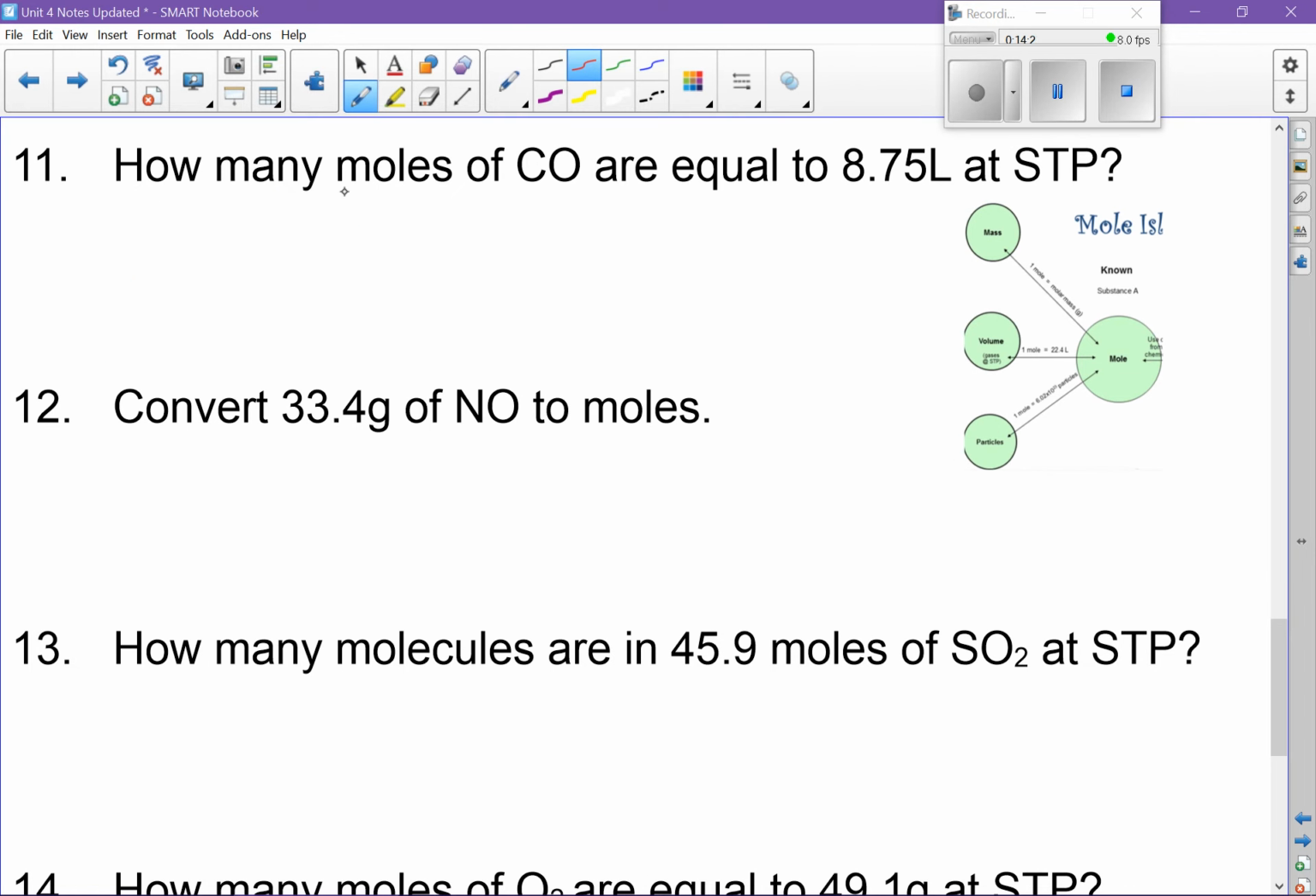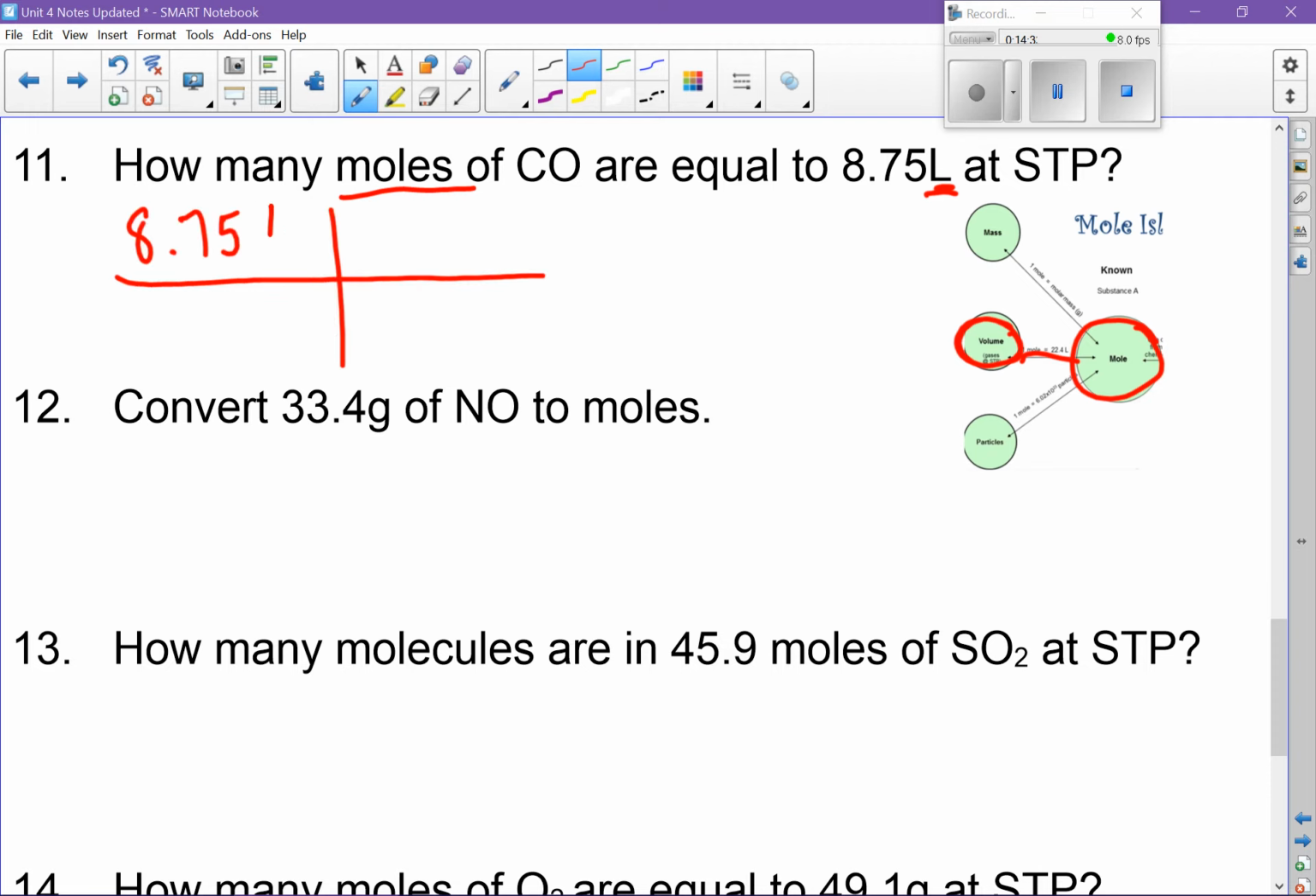Next question. I see moles and I see liters. So here's liters on volume island, and here's moles. From there to there is 1 step. So start with 8.75 liters. Move liters down. I want moles. You know 1 always goes with the mole. Liters gets 22.4. When you plug that into your calculator, you should get